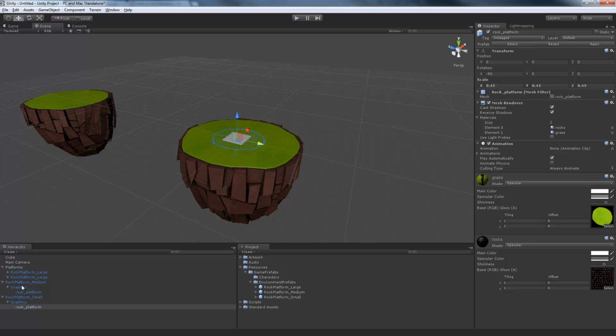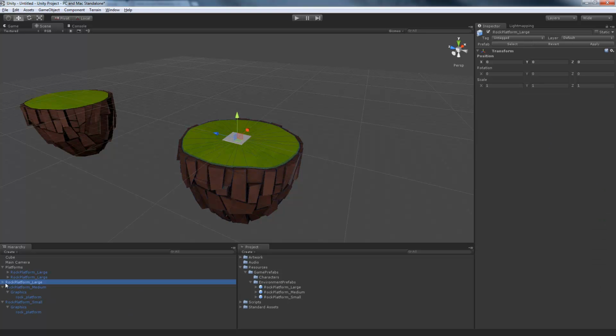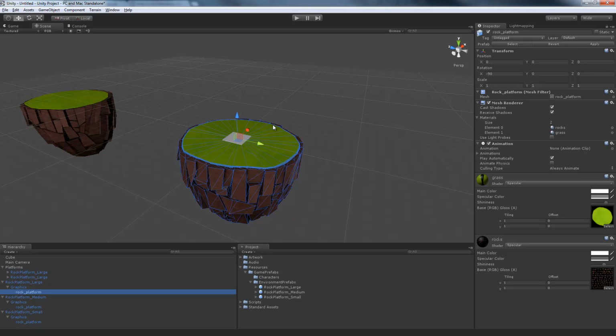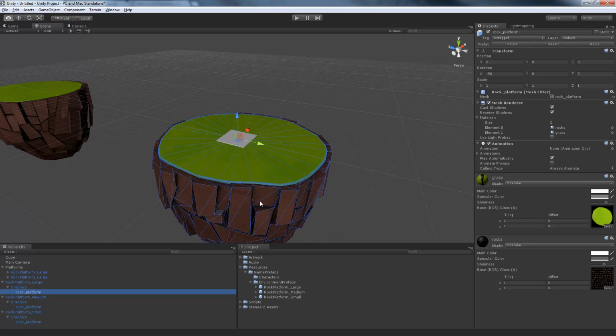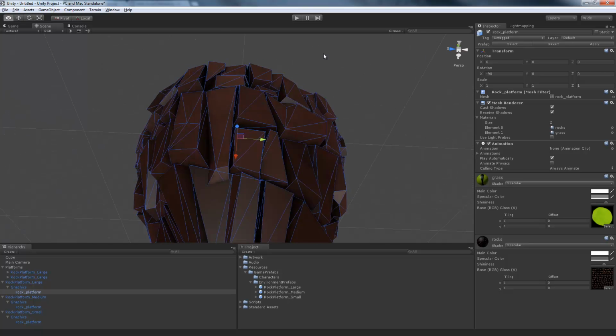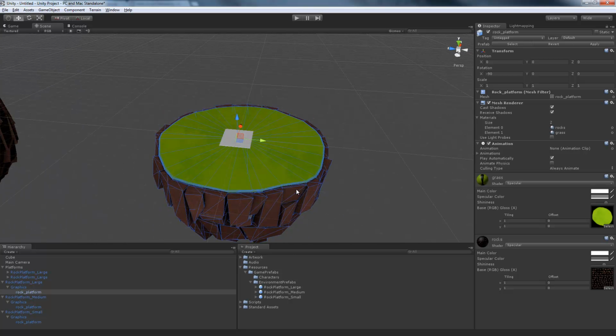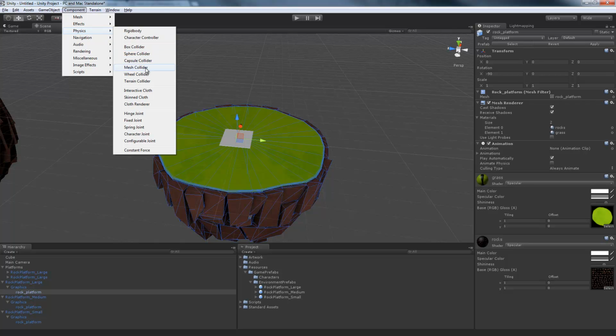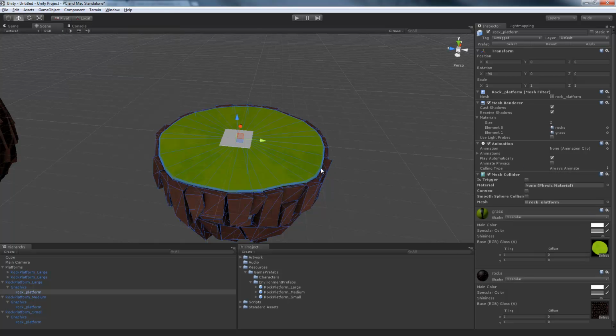Okay, so just thought of another thing we're going to need on these platforms. We're going to need collision. Ideally, you'd build some optimized collision geometry, and that's what we will do eventually. For now, we don't have it. I'm just going to chuck on a mesh collider. Mesh colliders will